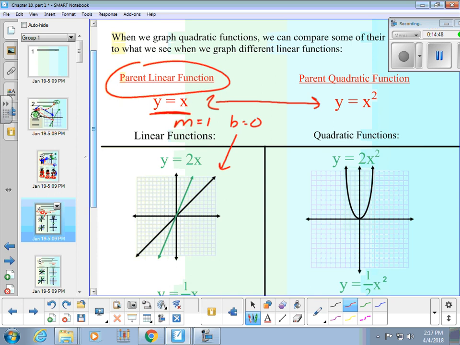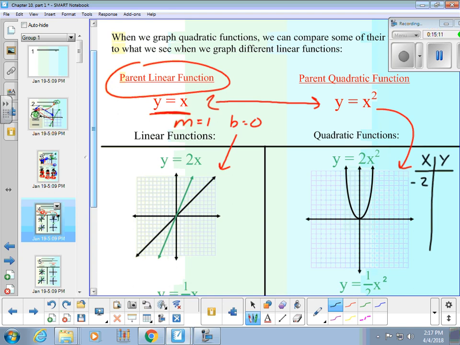I've done that for the parent quadratic function as well, because we're going to talk about what happens when I start adding numbers to this equation. So notice I've already got that down there, and you can put that on the next 4 graphs as well in the next couple slides. I know it's got the different quadratic equations on there, but you can put the parent function. It's just the one that we graphed on one of the previous slides, where it's y equals x squared,